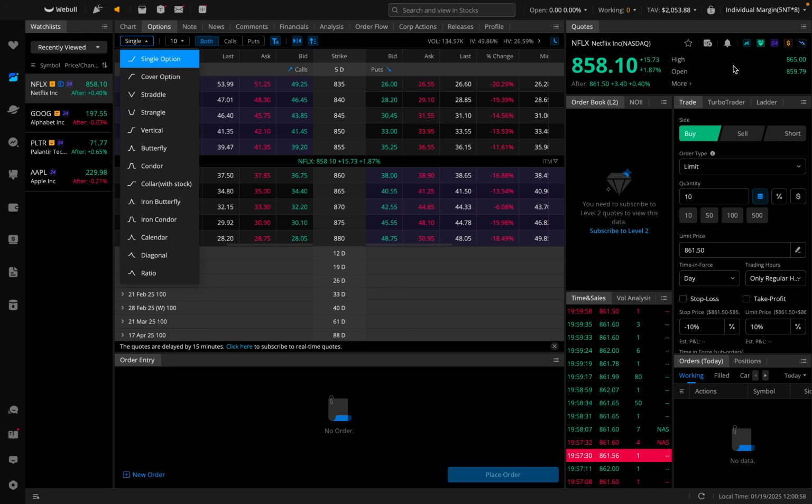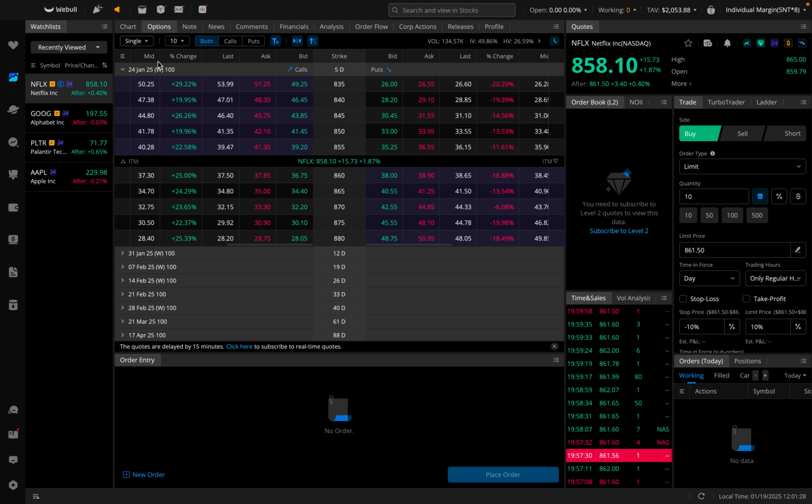And again, keep in mind, this is a margin account here. So I have access to some of these more advanced option strategies. So we have straddles, strangles, vertical spreads. That's going to be your credit debit spreads. We have butterfly spreads, condor spreads, calendar spreads, and some other more advanced option trading strategies here. So that's the very first thing you want to do here. You want to select the options trading strategy you want to use. So I'm just going to leave it as single option, which again is going to be our basic calls and